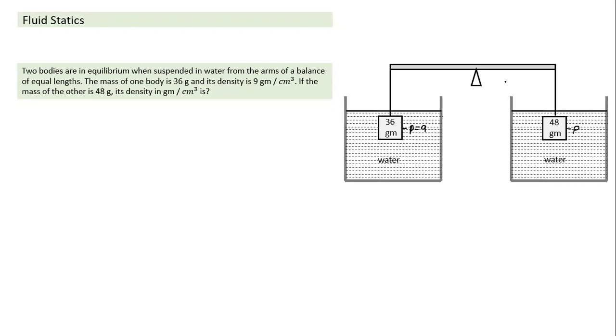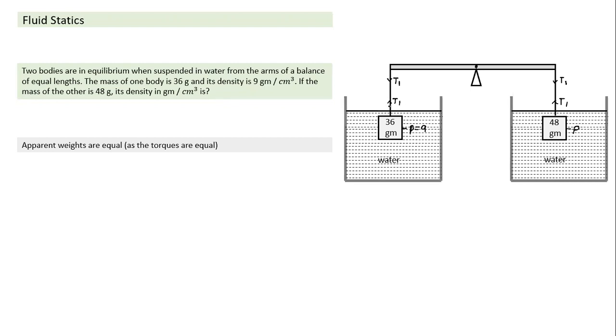So when we have such a question, how do we find it? What principles are applicable? See, as far as this balance goes, here tension T1 is acting, and this tension T1 is acting, and this same tension is pulling it down. This is how the forces are acting. As I said, all forces are nothing but laws of motion, and these two forces must be equal because the lengths are equal. It's a question of rotational equilibrium. If distances are equal, both must have the same tension.